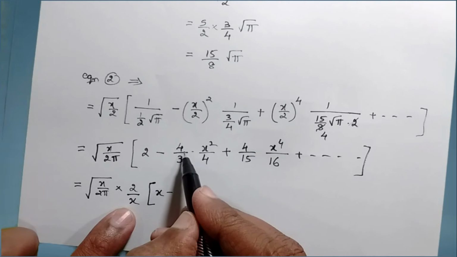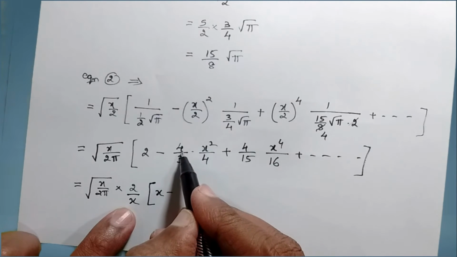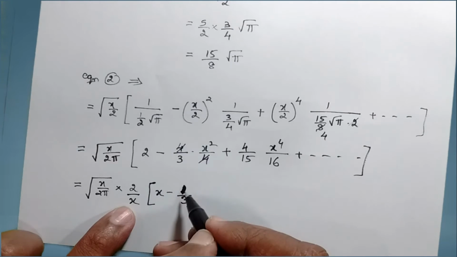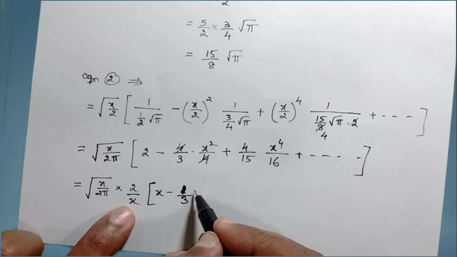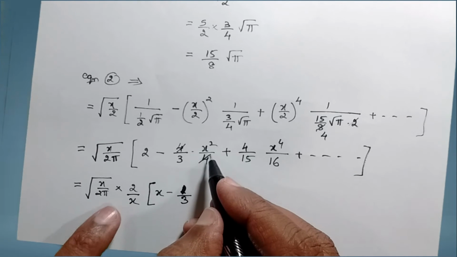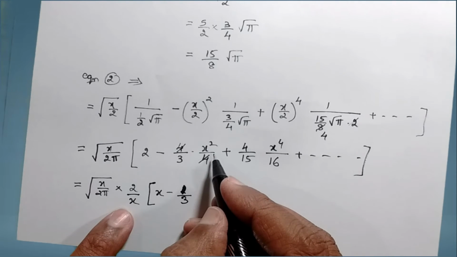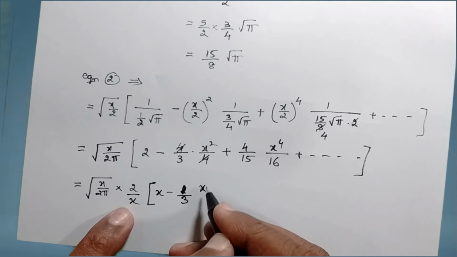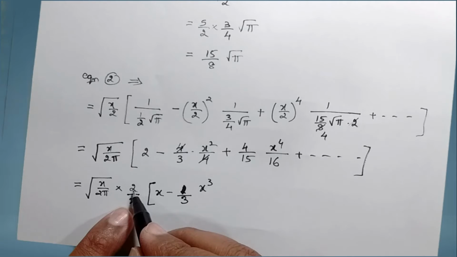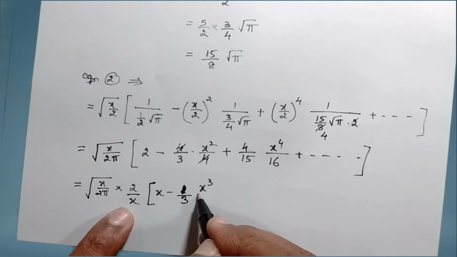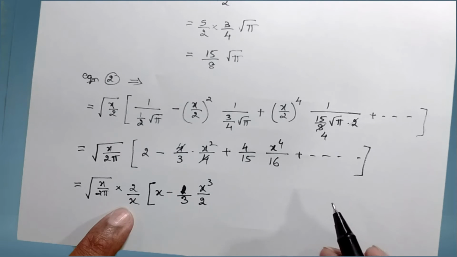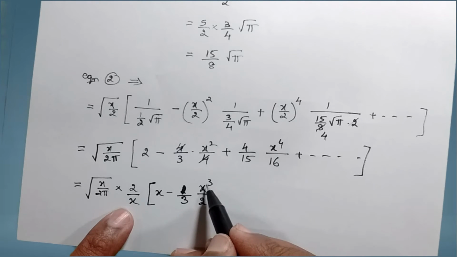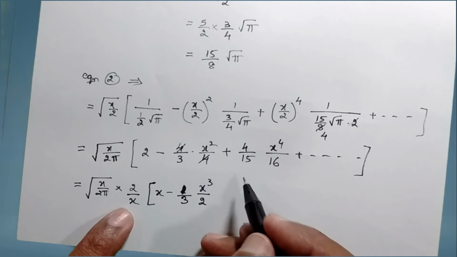Right. So from here I have already taken 2 outside. What will be left out here? 2 will be left out. This 4 and 4 will get cancelled. It will be left out with 1 by 3 into, x is already taken common outside. Alright, you are dividing by x. You need to multiply by x. It becomes x cube. You have taken 2 outside here. You are multiplying by 2. Therefore, you have to divide by 2. So that when you try to multiply, this 2 and 2 will get cancelled. And here x and x will get cancelled. You will get back x square and 3.